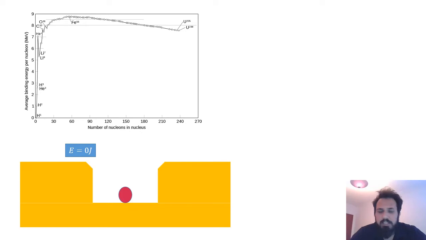We can think maybe this is a bit like a golf ball going into a hole on a golf course. How much energy has it got now? Well, it had 0 joules on the surface and it's gone into that hole. Some people might say it's got a negative amount of energy. And in some examination specifications,